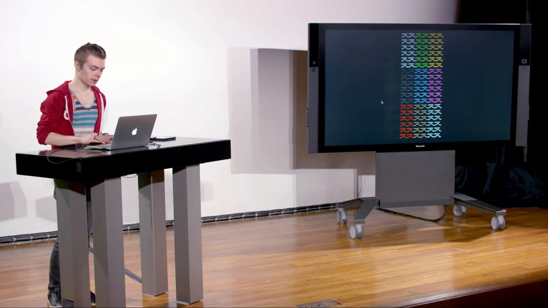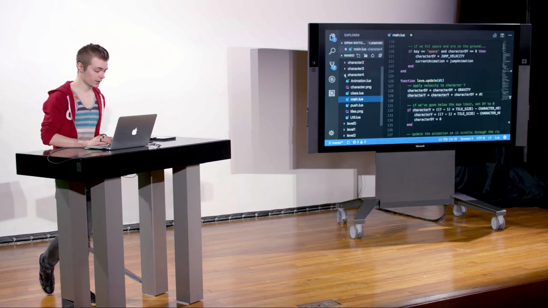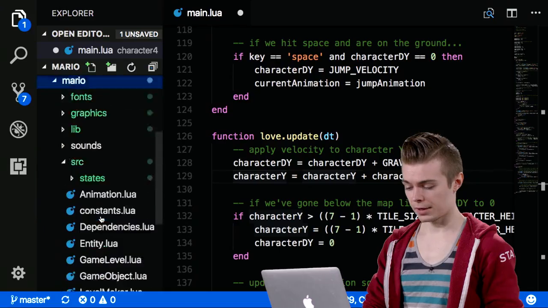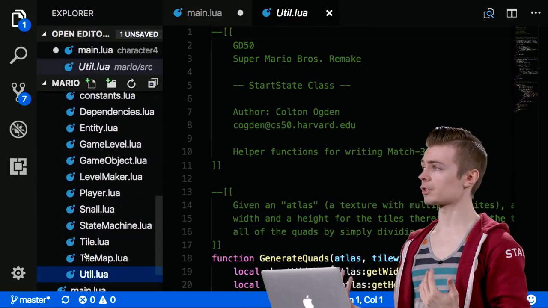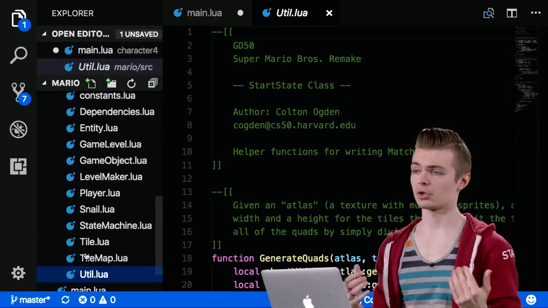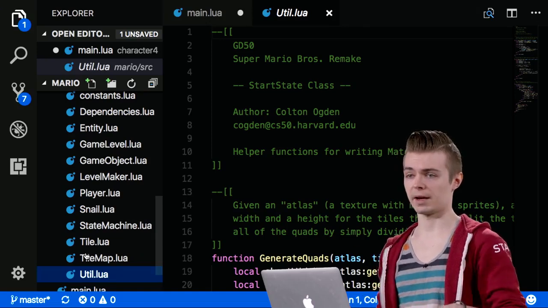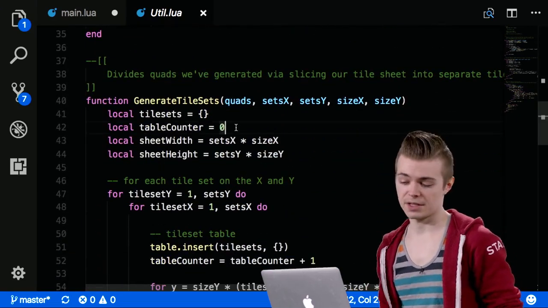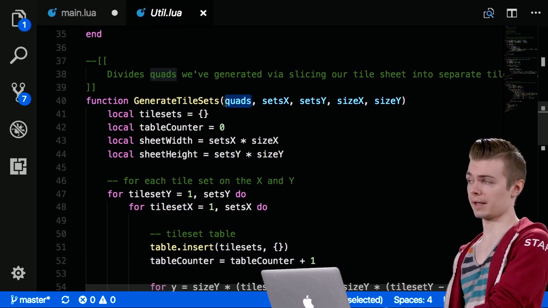So in the actual code, I won't go too deeply into it here, but I'll show you where it is if you're curious to look into how we do that. It's in Mario, in source, util.lua, which is, recall, where we before stored our generate quads function, which does a simple split on a tile sheet just along x and y based on whatever width and height you pass in. We have in here also a generate tile sets function, which takes in the quads from a generate